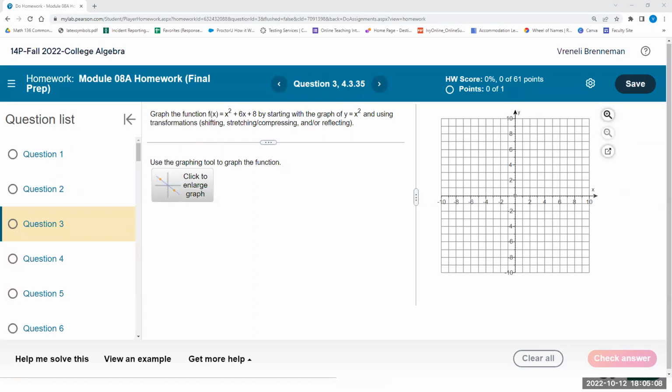The easiest way to get that is to know the shortcut. For the vertex, (h, k), h is always going to be negative b over 2a from the standard form. That's not on your formula sheet, but it's part of the quadratic formula, which is on the formula sheet: the quadratic formula without the square root piece. So you don't have to memorize it. It's negative b over 2a. In this case, that's negative 6 over 2 times 1, which is negative 6 over 2,